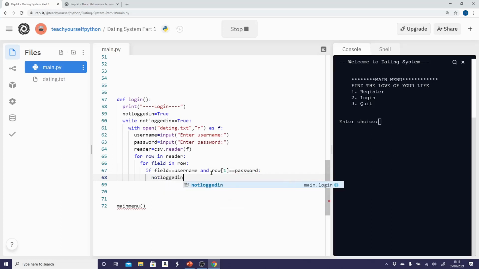Suddenly we want that Boolean variable not logged in to become false. We are logged in now, and something will happen there. Break out of the loop. But else, and remember the if and the else are always on the same line there. If else, I want to break out,